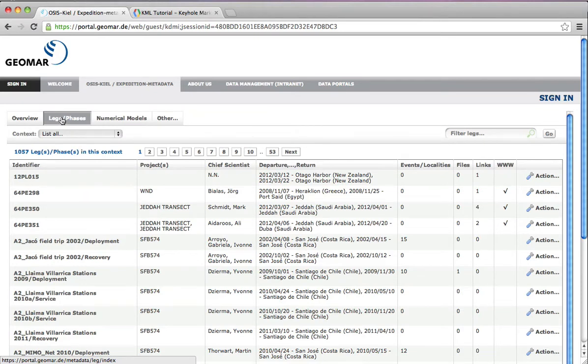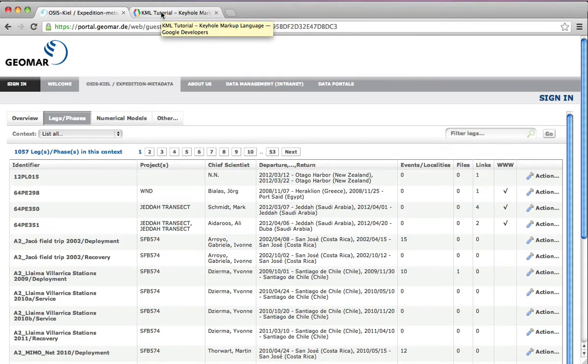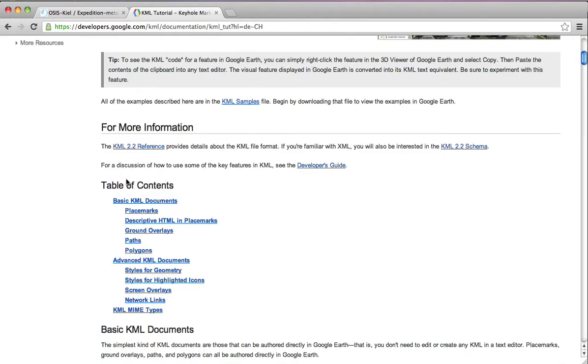The folks from Google Ocean asked me to create this screencast to present how we use Google Earth to present exactly the same information in a georeferenced way on the virtual globe. Just to give you some background, I show you the KML tutorial pages of Google,